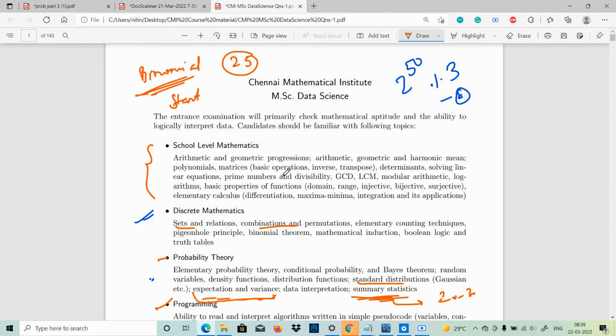Okay, so I think the website is actually accessible to all of